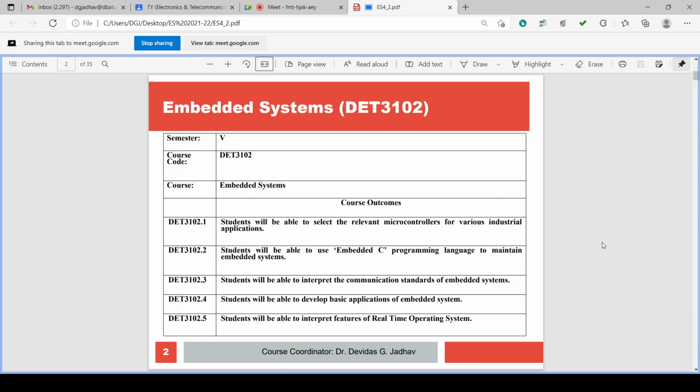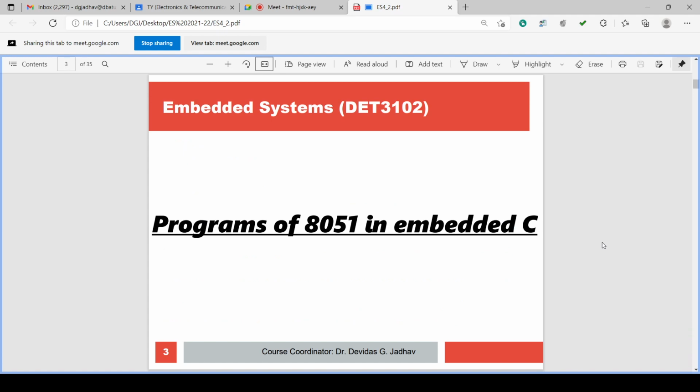So, we have discussed the programs of 8051 in embedded C for the last few lectures. Parallelly, we have discussed the use of Keil MicroVision software package for compiling and simulating the programs.